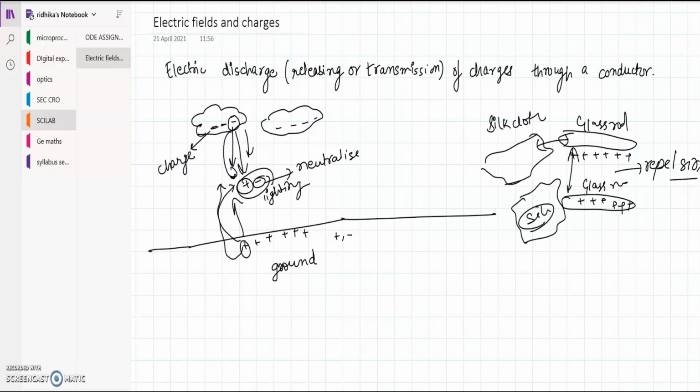So basically the charges they get are the same, like charges, and the laws of nature say that if the charges are like, they would absolutely repel each other. So this all happens due to the flow of charges through a conductor. So actually what happens is,